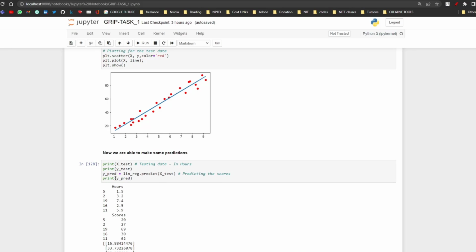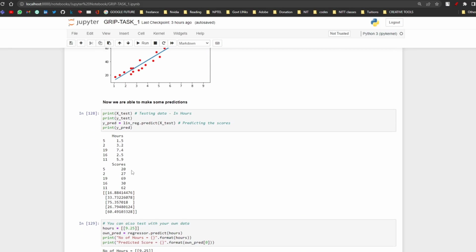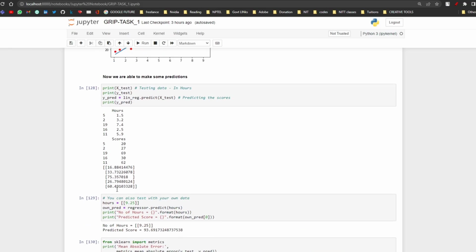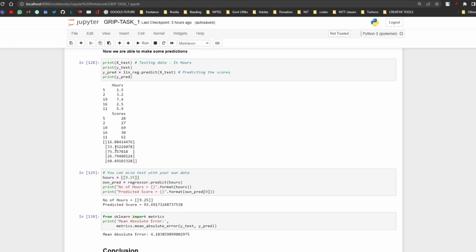so you can see that here the number of hours has been given and the number of scores, and I've predicted 20 as 16, then 27 as 33.73, and 69 as 75, then 62 as 60. So all of these have been predicted. Similarly, the task was to predict for a student who studied 9.25 hours. So I've just passed that particular parameter into regression.predict,